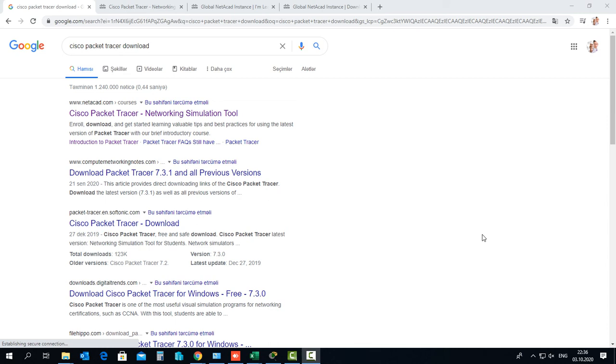It's time to get familiar with Cisco Packet Tracer. What should we do to download this application? Just go to google.com and type Cisco Packet Tracer download, and you will see a list of several sources,